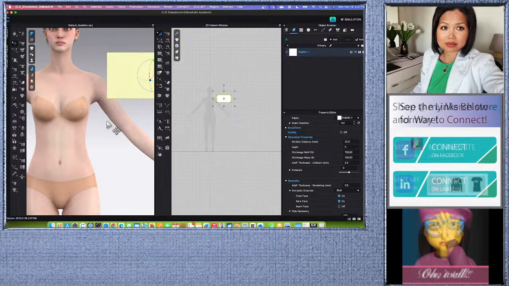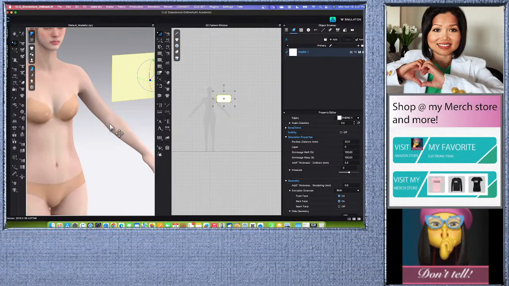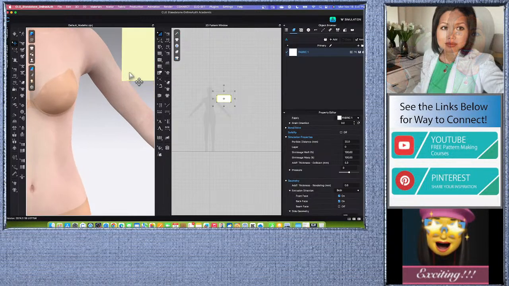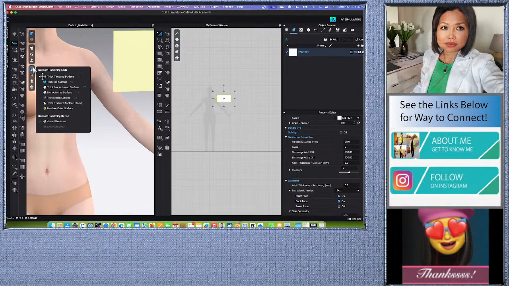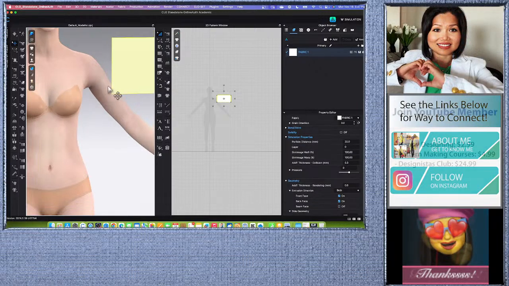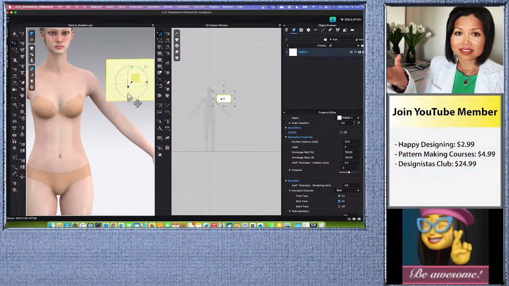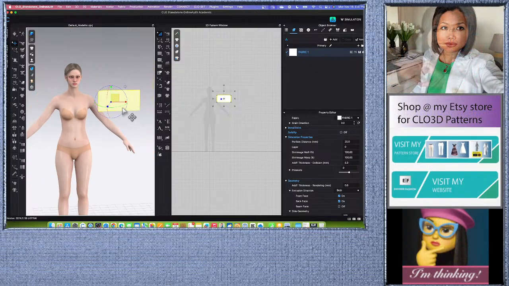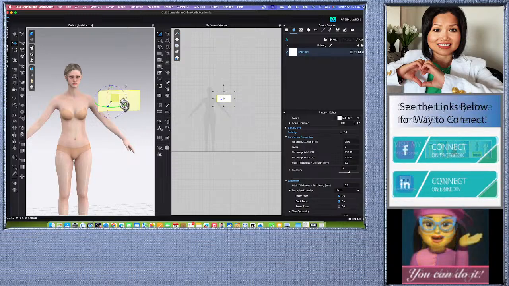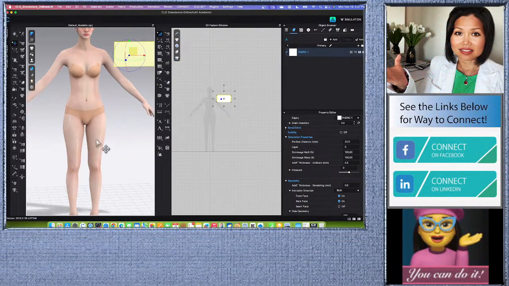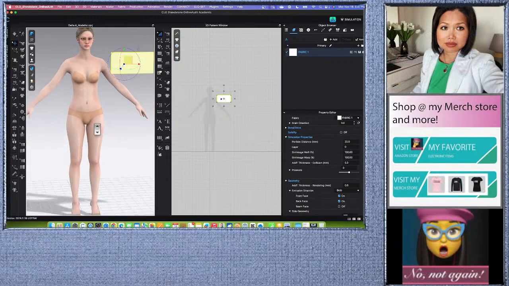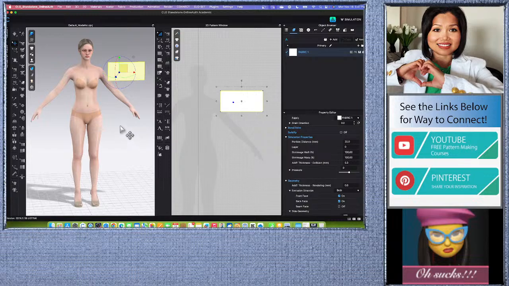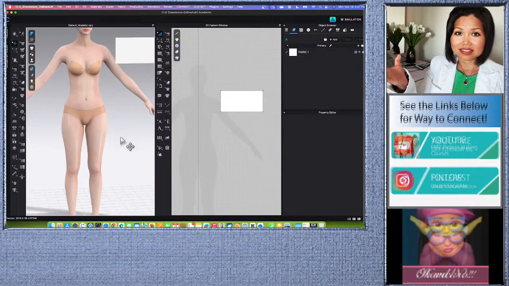So if we come over here and rotate this a little, we can see the thickness right here. But if we only select this normal texture, now we don't see the thickness. However, since right now the fabric is flat, it's hard for us to see. We have to either bend it or turn it into a garment first, and we will see the thickness applied onto that garment. Okay, all right, so first of all, let me show you how to measure this,